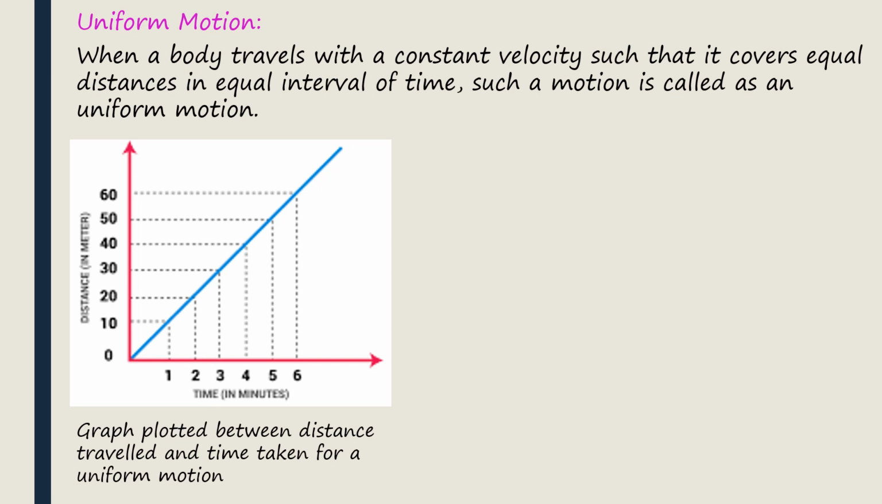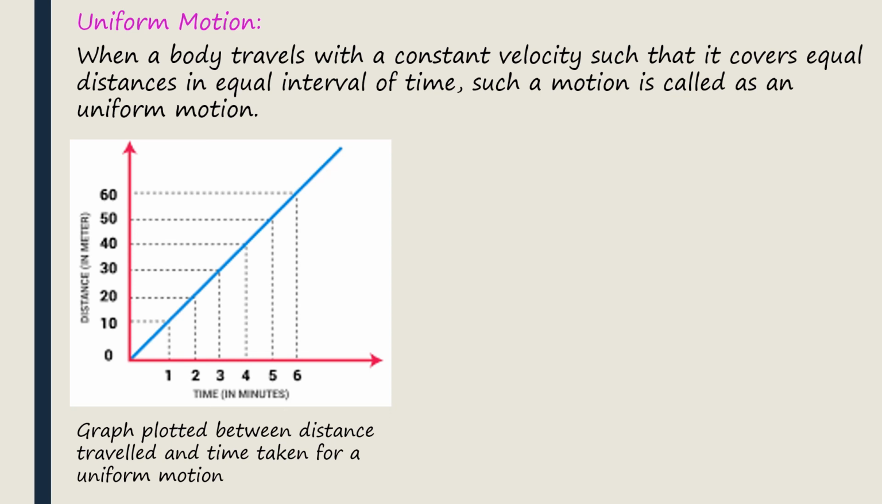Okay, so this is a body which is moving with a uniform motion, with a constant velocity. In this, the speed does not change, nothing changes. At first it is 0. So you can see here for the first time